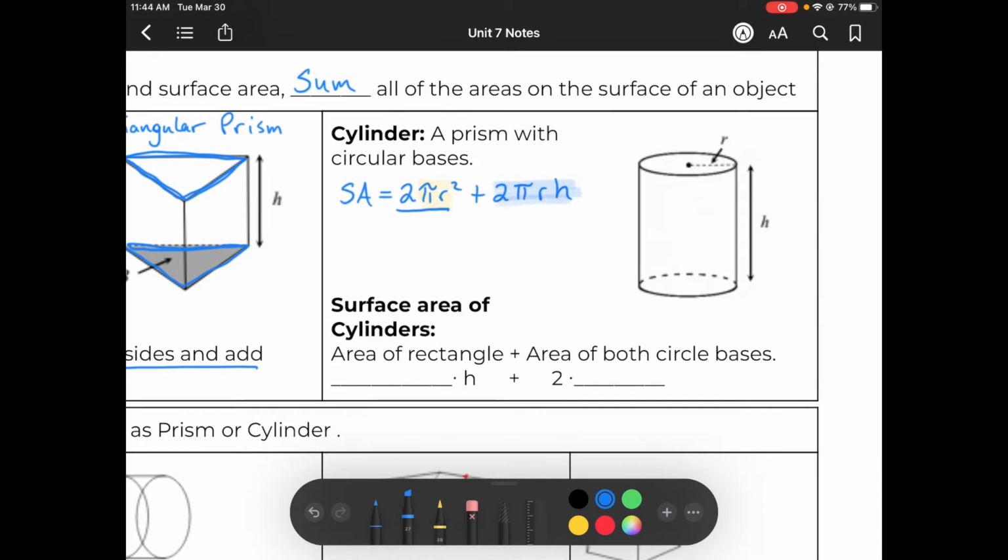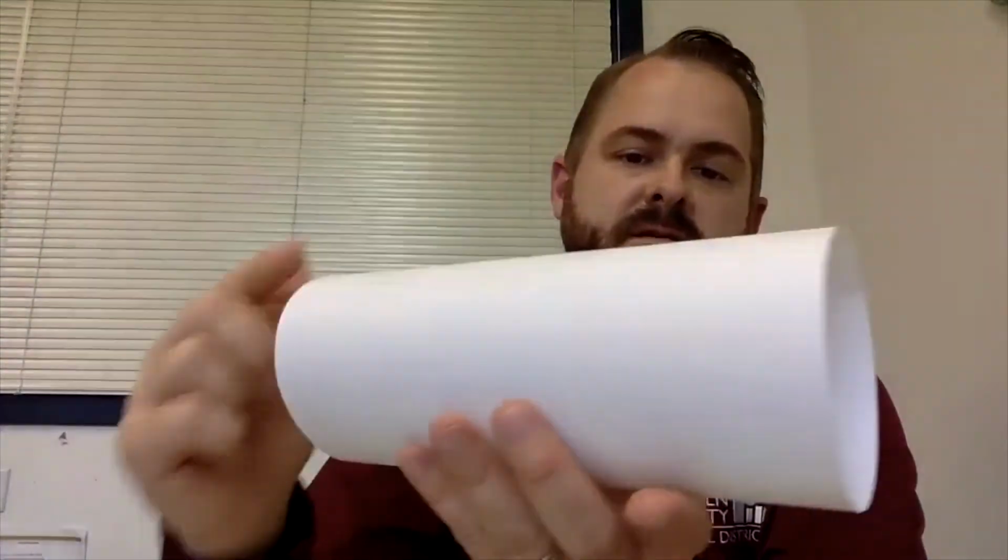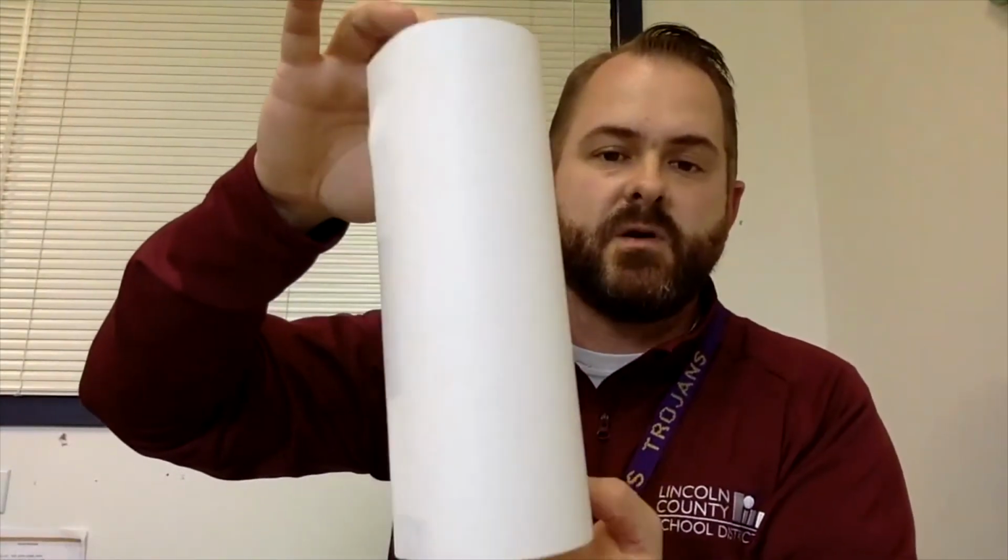I want to pause here, and I'm going to show you a demonstration. If we look here, I have a cylinder, and actually I have a cylinder that I've removed the circular bases from. The 2 pi r squared that we talked about covers the circular bases. So the rest of the surface area is this curved surface around the outside of the cylinder. If I were to take that, let me get some scissors, and take this rounded surface and open it up,